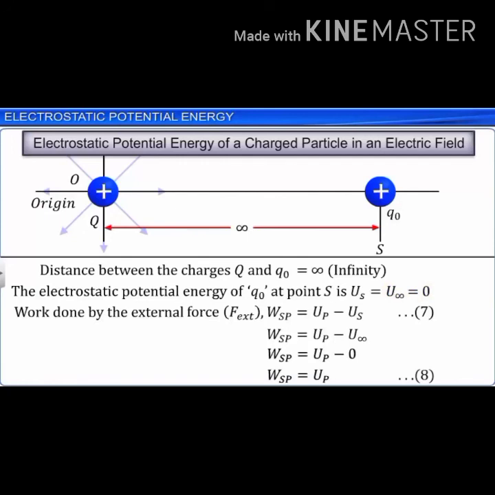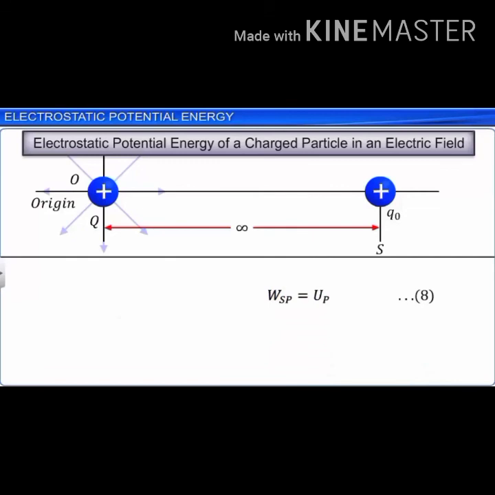We mark that as equation 8. Based on equation 8, the electrostatic potential energy of Q naught can be defined as the work done by an external force to bring a charge Q naught from